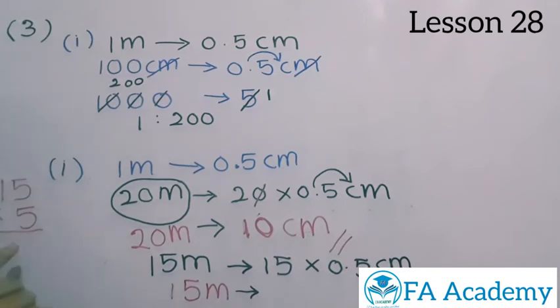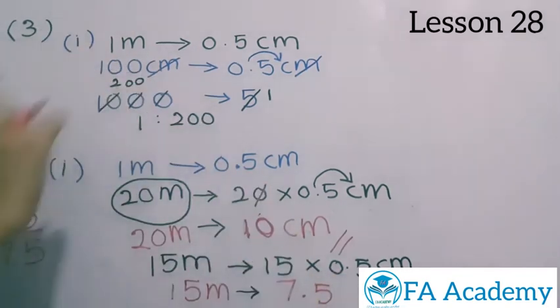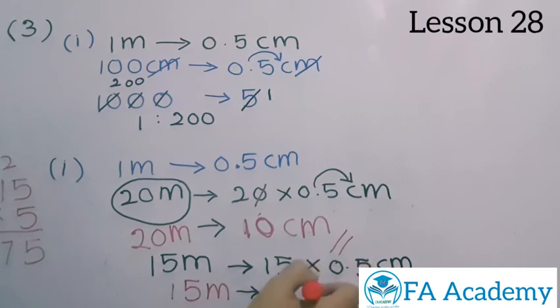So when you multiply here, you can see 15 into 5. So what will happen? 5 into 5, 25, 2 here, then 5 into 1, 5 and 2, 7, 75. Don't forget there is a decimal point here. So you have to keep that decimal point once you multiply. So when you are multiplying, first forget about the decimal point, then multiply and then keep the decimal point here. If there are 2 decimal points, then you have to keep the 2 points. If there is 1, then you can keep only 1.